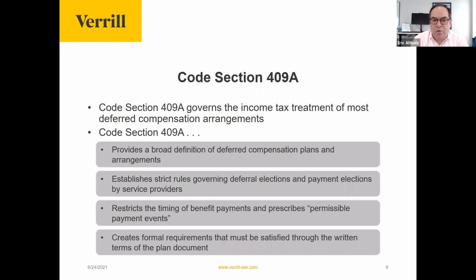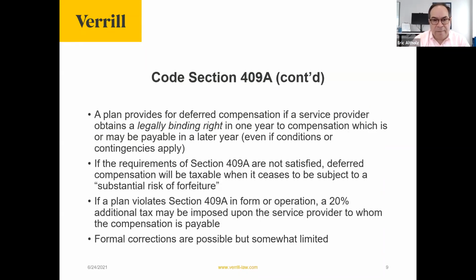And by formal requirements, we mean literally requirements as to the form of the document, the language used in the document, the words on the page that must align with the requirements of Section 409A. Really, Section 409A is about the time and form of payment rather than the amount of the payment. And I think when you hear Bill talk about the specific forms of deferred comp and other comp, you'll get a better sense of that. And by form of payment, I mean literally, is it a lump sum or installments, things like that. So time and form are key for compliance with Section 409A.